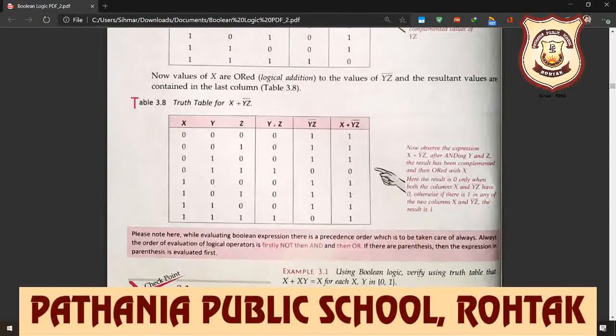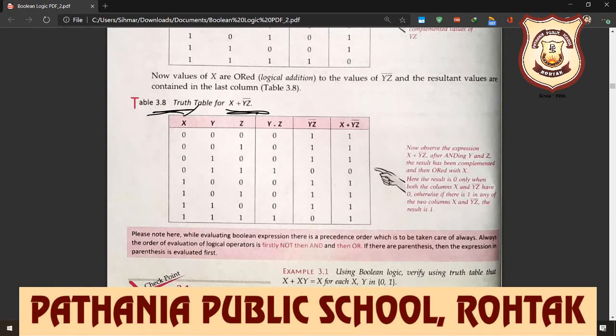So we have already learned about this truth table, and how to solve a Boolean expression with the help of this truth table. For example, we take one example and revise it. Example number 3.8. We have revised this question here. First, you write down x plus (yz) complement. So we need the three-variable truth table here, x, y, z.